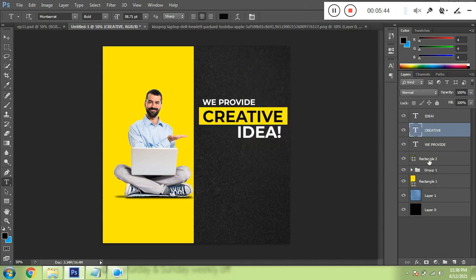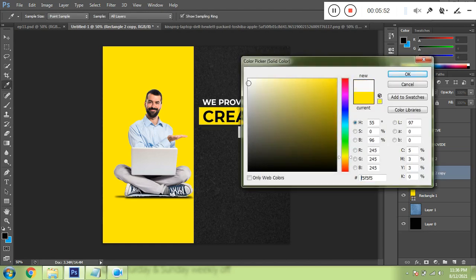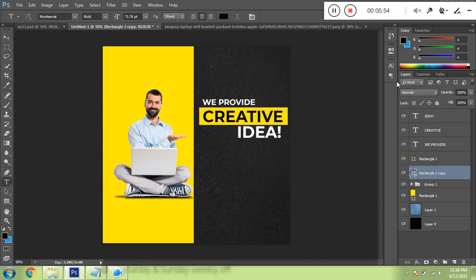Now for this rectangle, make sure to press Ctrl J to get the duplicate, the copy at the bottom. Now double click this and make this white. Now press Ctrl T and hold Ctrl and just drag it a bit on top. The same way, just drag it at the bottom. Press enter.